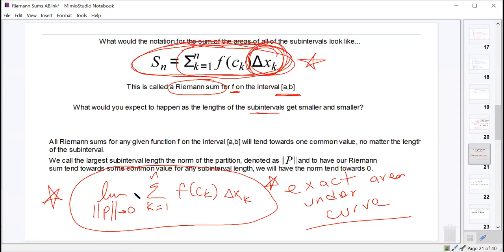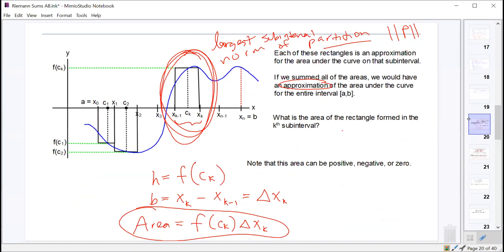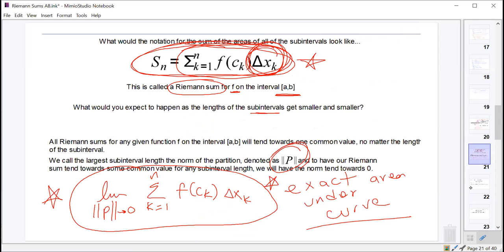So one of the issues that we started with was we had to deal with this norm of the partition. We had to look at the largest subinterval, right? We said this one was bigger than all the other ones, so we called that one the norm of the partition. But couldn't I, for any subinterval, always make equal subintervals? Yes. So rather than trying to make one of them approach 0, we could have each subinterval be equal. And if each subinterval was equal, then rather than making one of them approach 0, we could just make the number of them, we could make n approach